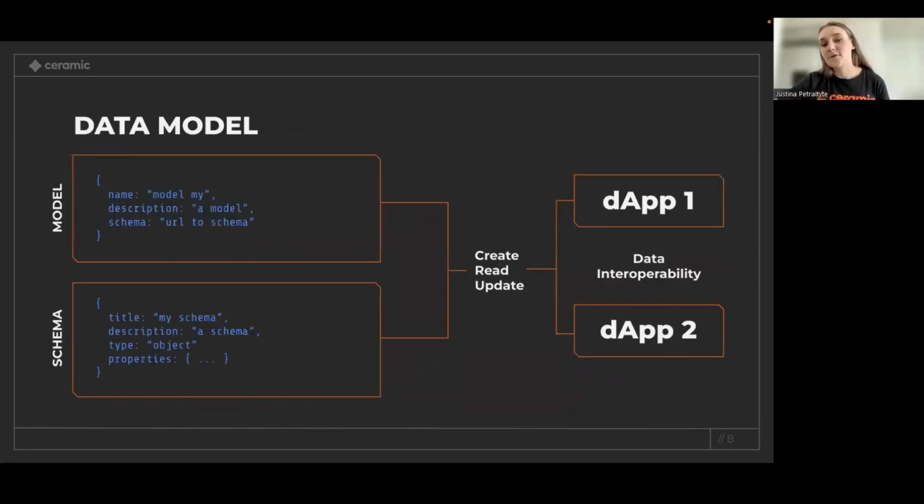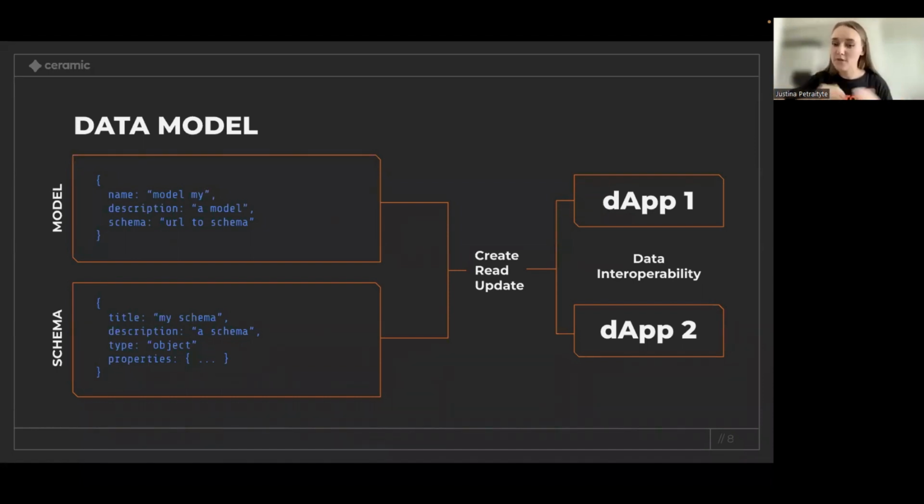Another thing that is important to mention here is that all of the data streams that users generate as they interact with applications built on Ceramic are tied to users' decentralized identifier, a DID, which means that only the user himself or herself can write into the data streams.